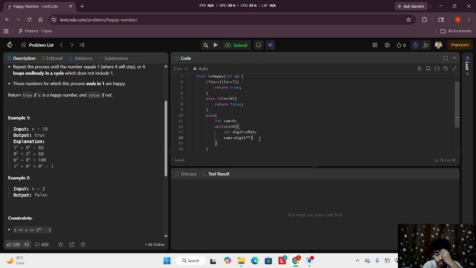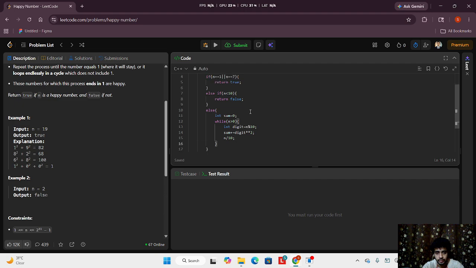So I can do digit into digit or digit to the power 2. Then I will go for n divided by 10 to iterate to the next number. Basically, if the last number was 9, then n divided by 10 gives 1 for now, and then at the end,